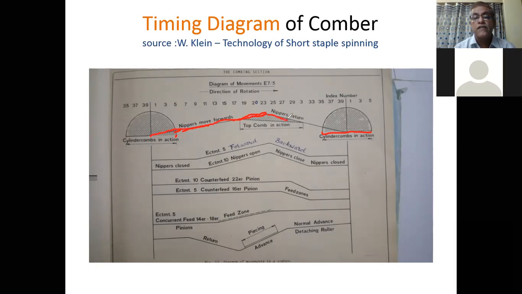The nippers will start their return. Every part has its movement according to the timing diagram. So now we have studied the movement of the nipper.